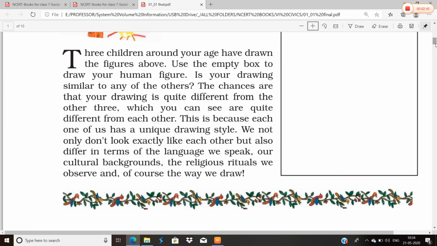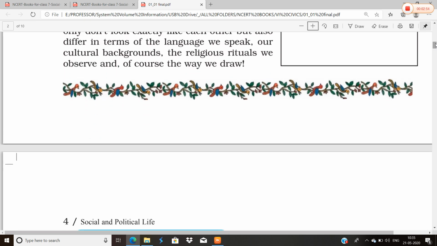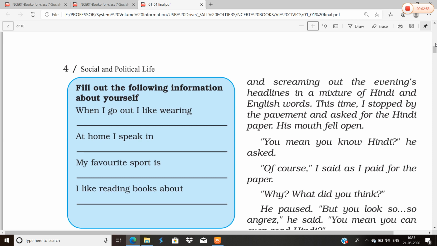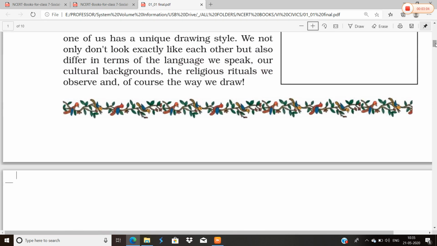And all these differences enrich our life. It makes our life interesting, because if all the people were the same, life would have become completely boring, and therefore these differences fulfill our life and fill our life with different colors. Okay, so these are all the things explained in this paragraph.